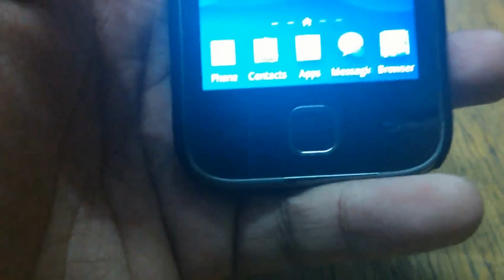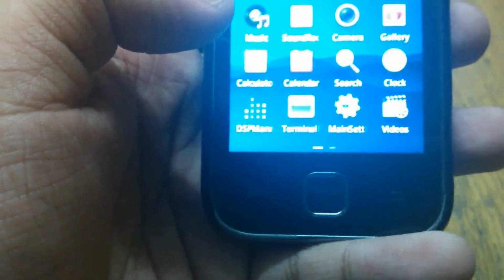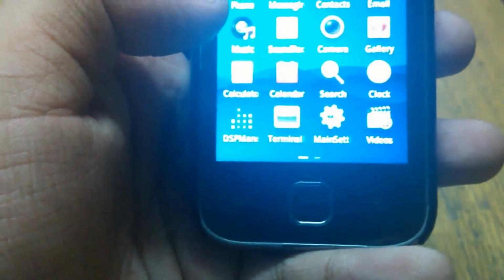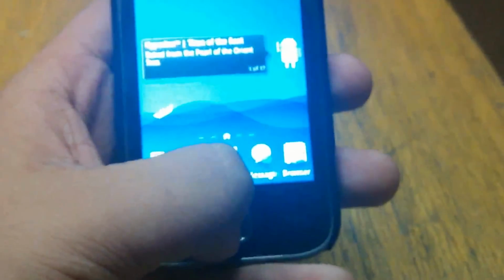I just forgot to check out the music application that Carl modified. I just fell in love with the music application. Let's see where it is. I don't see any music application here. Okay, here it is. So here's the music application. I just don't have any songs to play. Sorry guys. So I might make a new video with the SIM card inserted and call UI. Okay, so let's forget it.